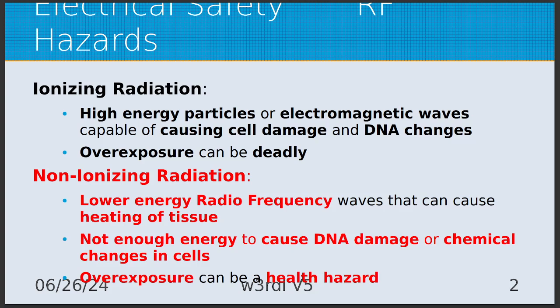But you have to calculate your exposure, and you have to calculate your neighbor's exposure. Your neighbors, they've got a name for it, and we'll come up to that in a minute. But you have to make sure that you're not inadvertently overexposing your neighbor to RF radiation. The worst RF radiation in amateur radio is going to be, I think, the 6-meter band. I think that's what they've determined is probably the worst. I think that's coming up here though, so let's wait until we get there.